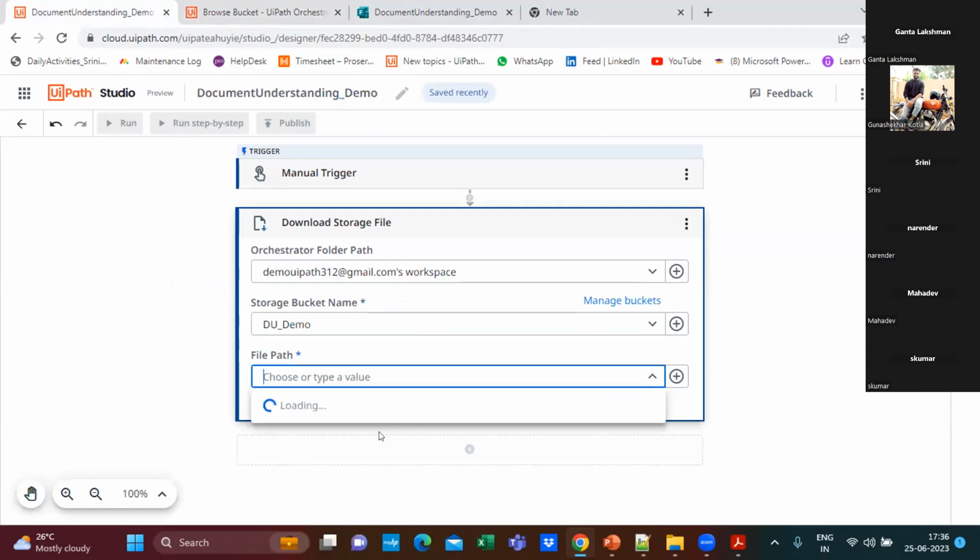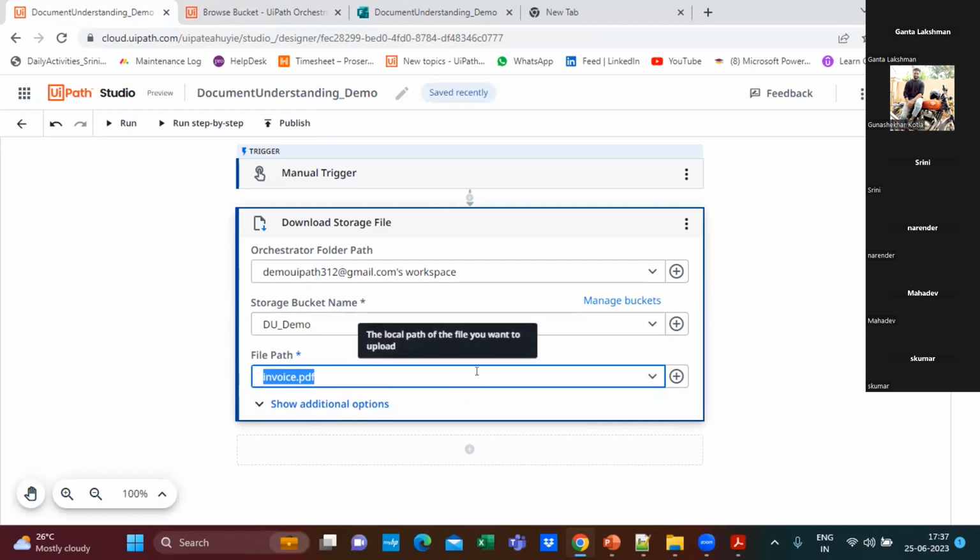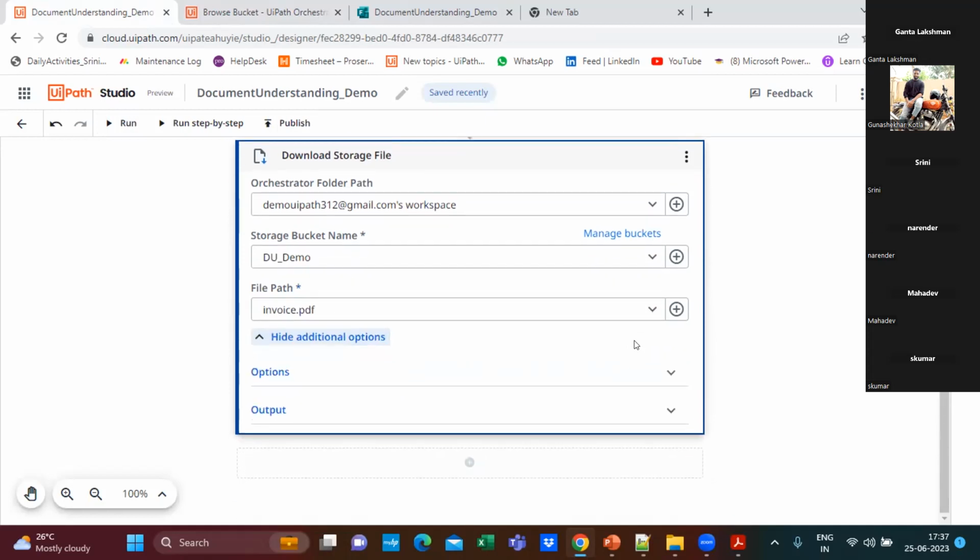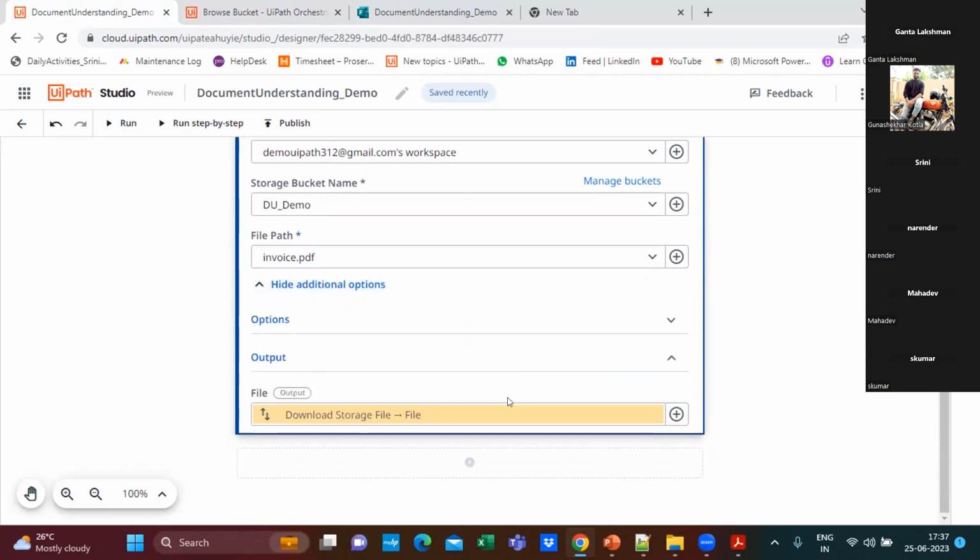And for the file path, whatever files are in this bucket, we can choose from it. Right now, I have only one invoice over here, so it is showing me only one invoice. Once it is completed, I need to give an output variable also, because the next activity requires it as input, right? So I need to output this file. If I click on the additional properties and I click on the output, here I can